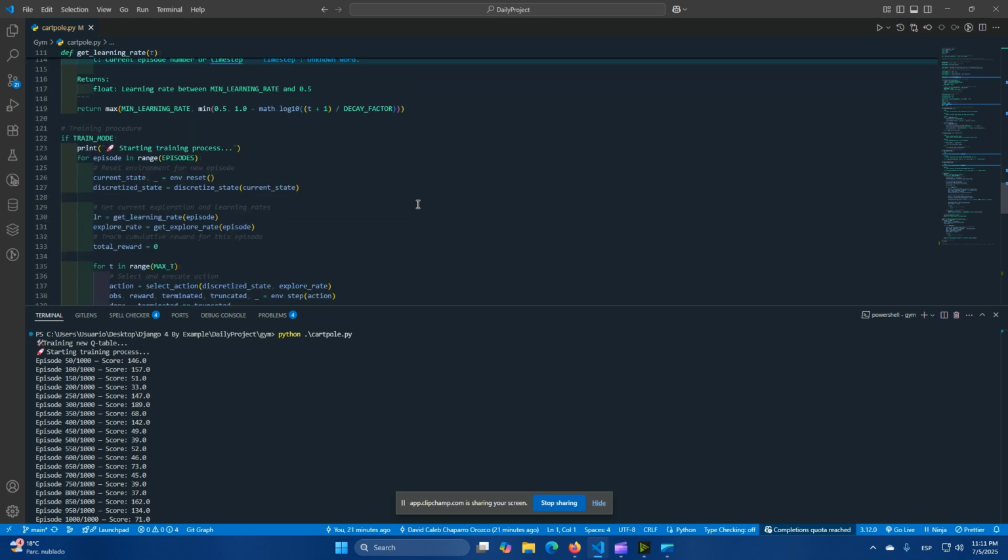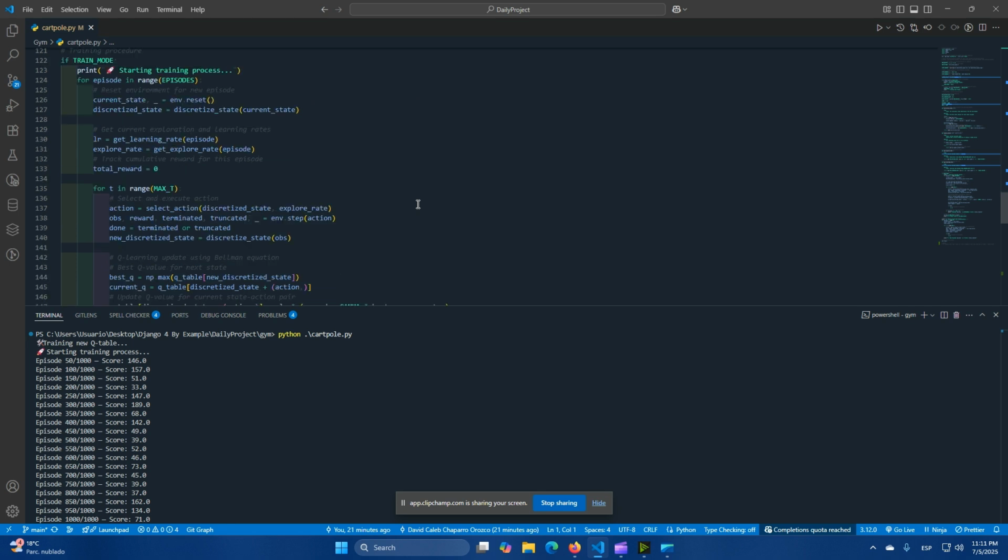Here in this loop, for each training episode, the environment is reset and the initial state is discretized. Learning and exploration rates are calculated for this episode. At each time step,